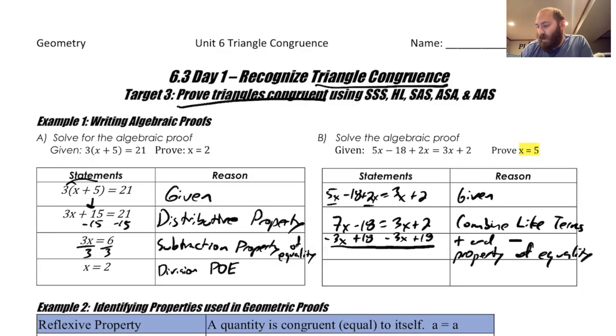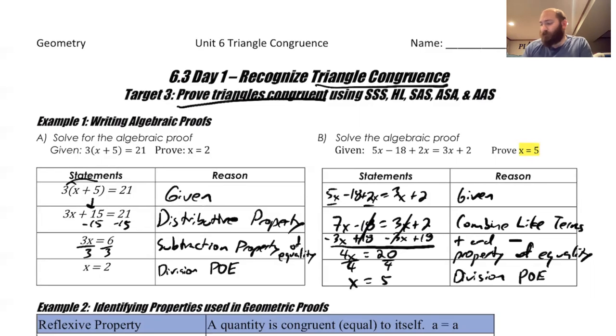Okay. I'm adding and subtracting the same thing to both sides. So I added the 18, so they'll cancel out. I subtract the 3x's, so those cancel out. I end up with 4x equal to 2 plus 18 is 20. And then my final step to get to x equals 5, divide both sides by 4. So that x equals 5. And that was, again, the division